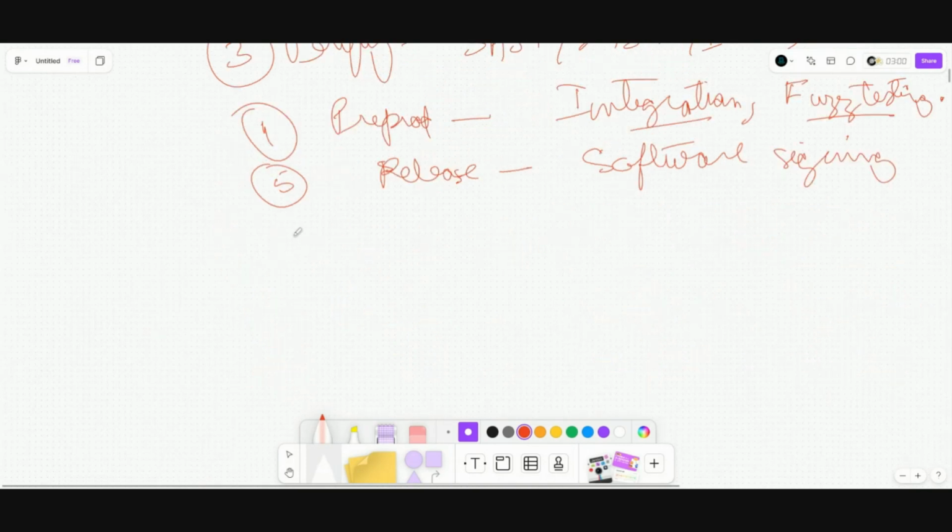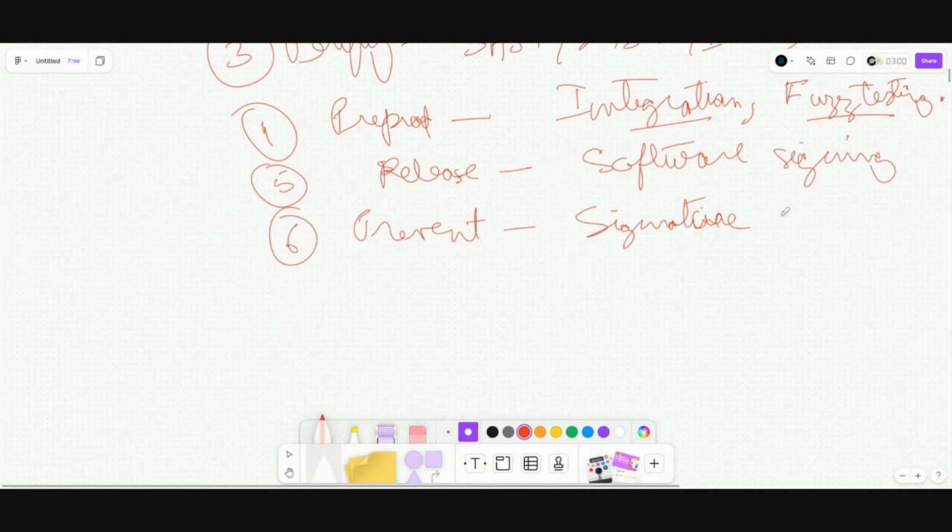Now that you have done the release, you are going for prevent. In the prevent step, what can we do? We have done the signing. So first we'll verify the signature if it is correct or not. So now we have come to the operation. So development was done. Release is releasing. Now in the